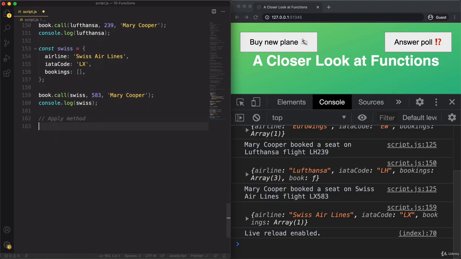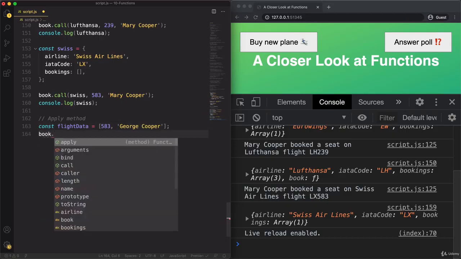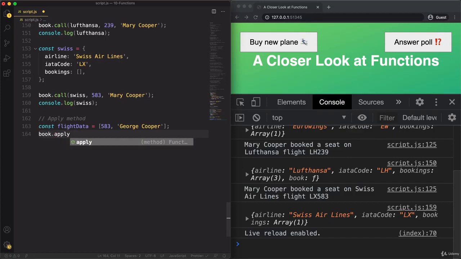So let's say flight data. I'm just going to create quickly an array here with the flight number and the passenger name. So book on the same flight, George Cooper. And now we can use apply on the book function. So apply,